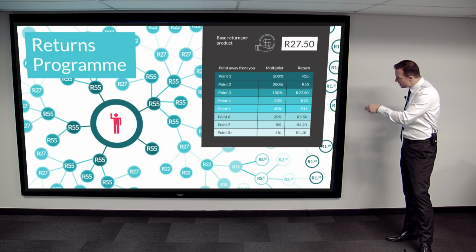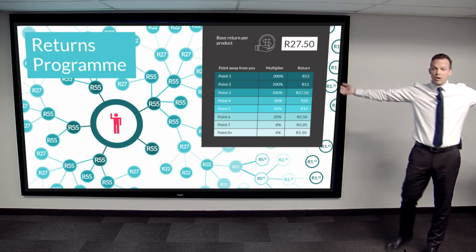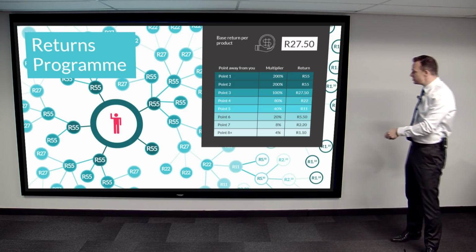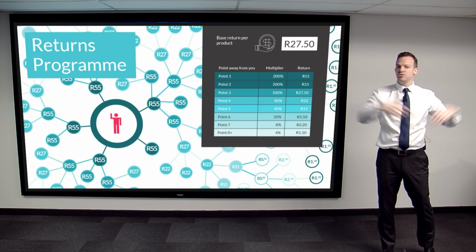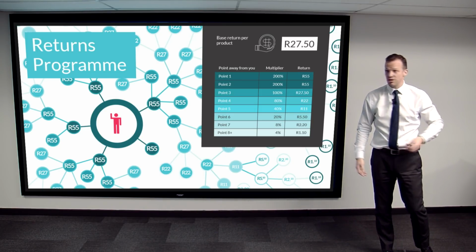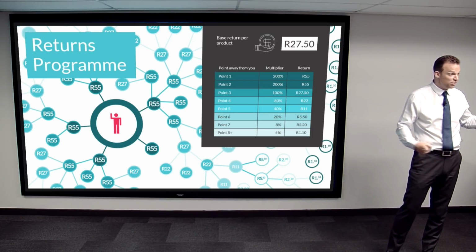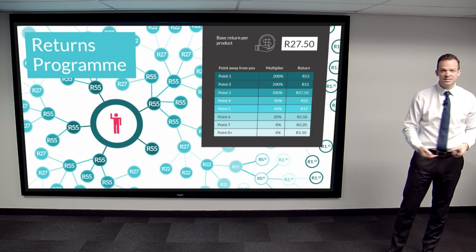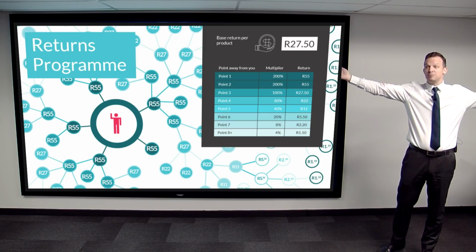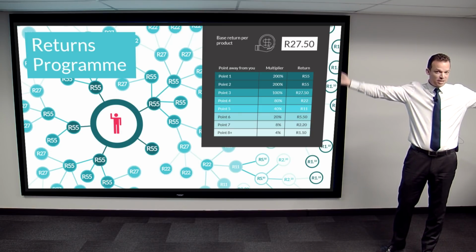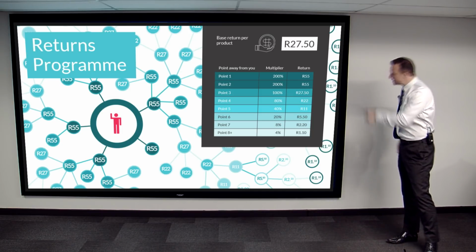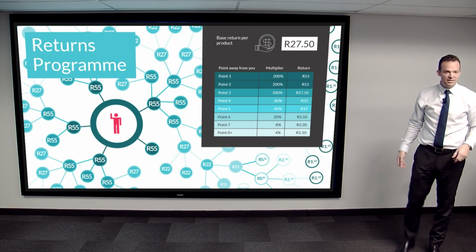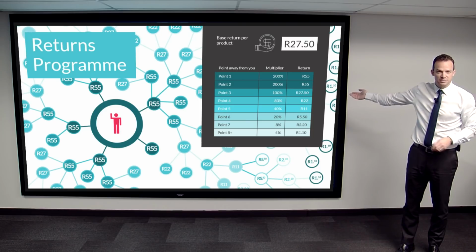And so that number decreases the further the product gets away from you, right? So by point 8, you're earning 1.10 Rand. We told you that we don't limit you to point 8. We've got channels and wealth engineers who have built their channels beyond point 30 already in their businesses, and we can pay you all the way up to point 30, right? And so there's no limitation to your channel size or your earnings in this business. So I think this is fairly easy to understand. Does anyone have a question on this?